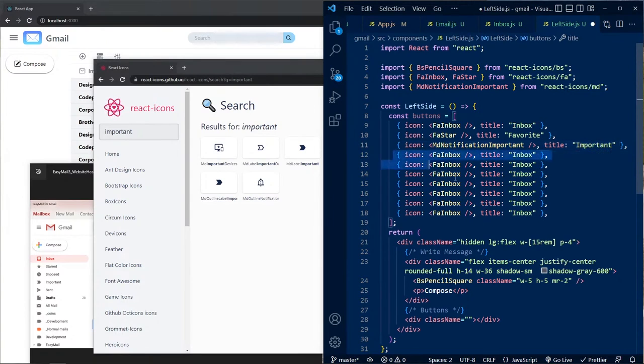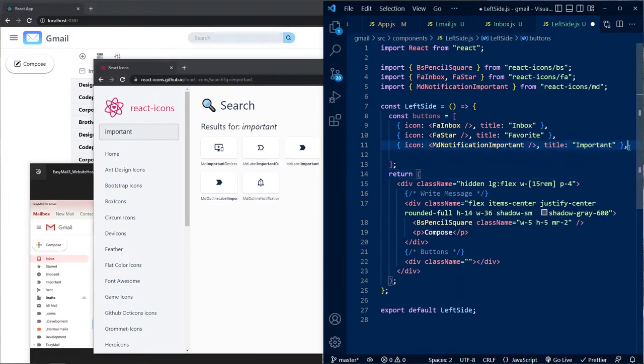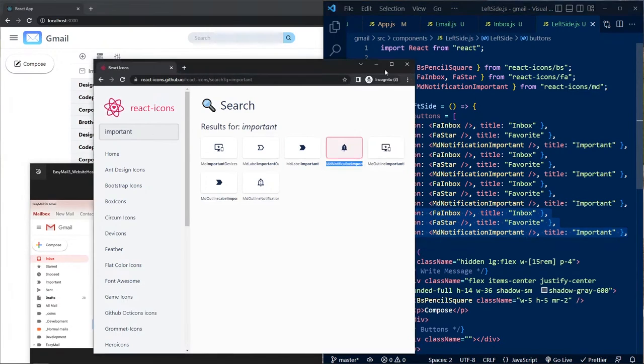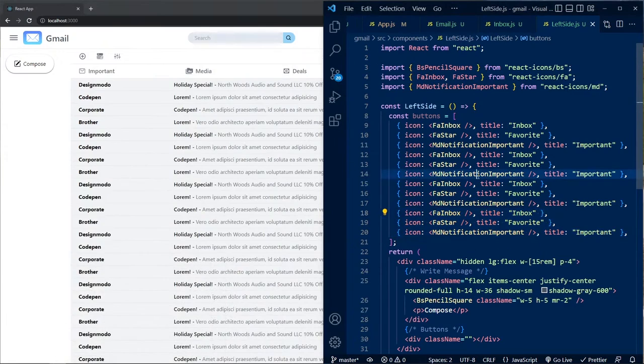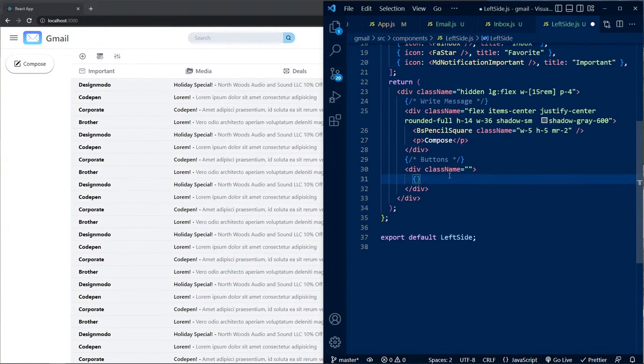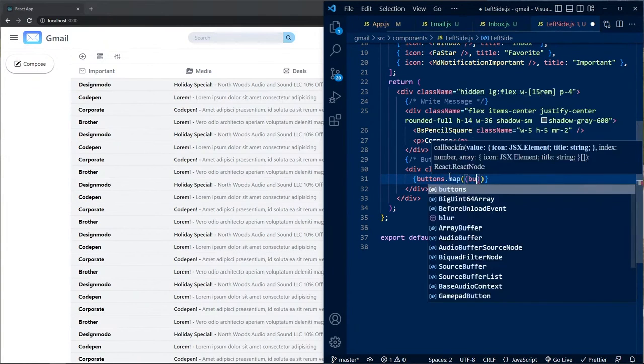Now I'll delete these because they are the same, so I'll copy these and I'll duplicate this a few times. Save. Okay, now let's map through them, and here at the bottom have the buttons. Let's say for example buttons dot map, and for each button